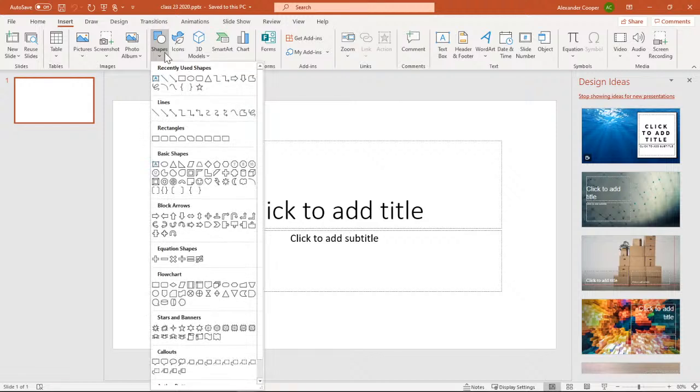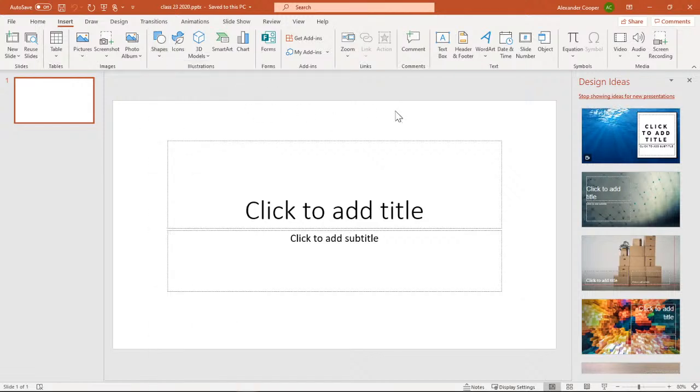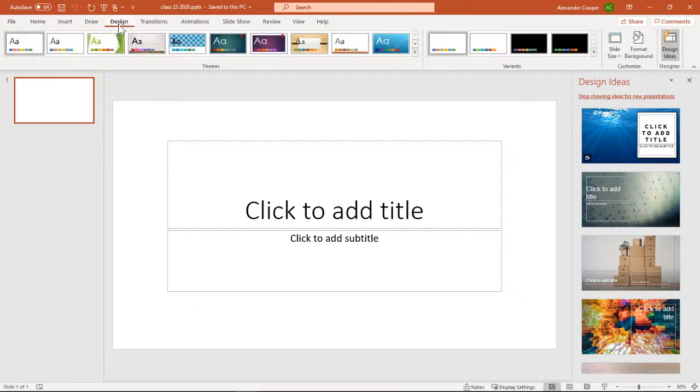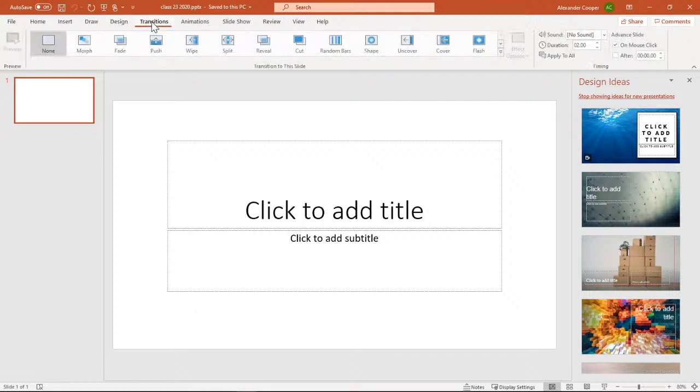Insert shapes if you need to, okay? And a text box, which is a big one too. Let's do draw. I don't really use draw much, so I skip over that. Design is where we choose our theme, okay? Transitions is where we choose what we want to happen when flipping from one slide to another, okay?